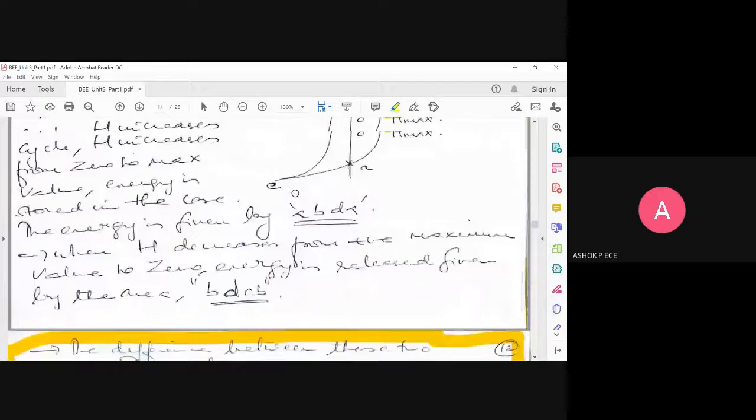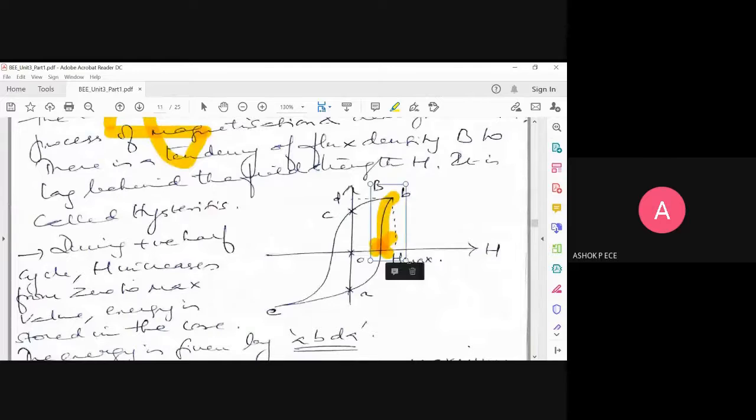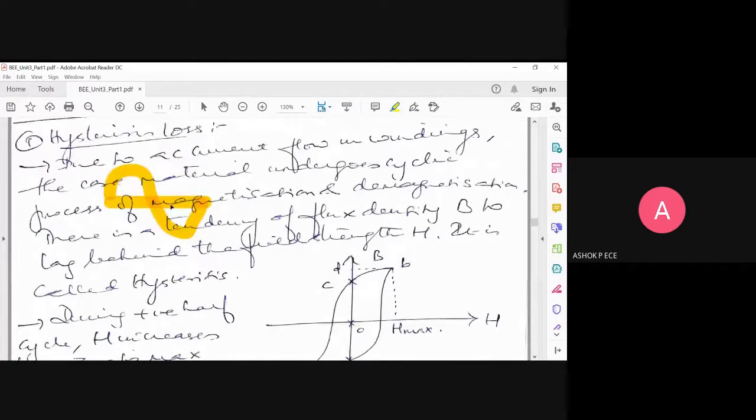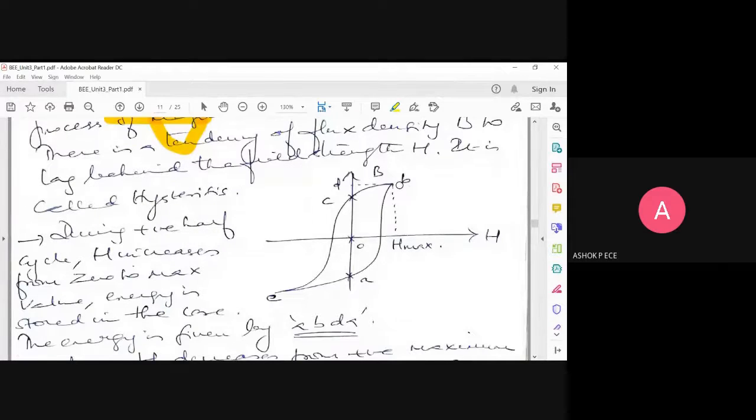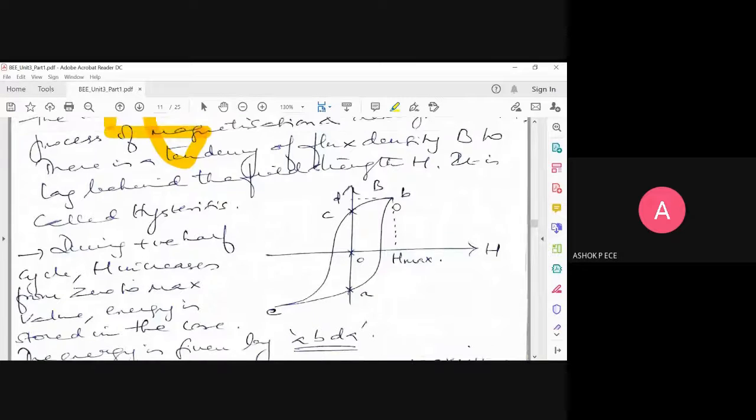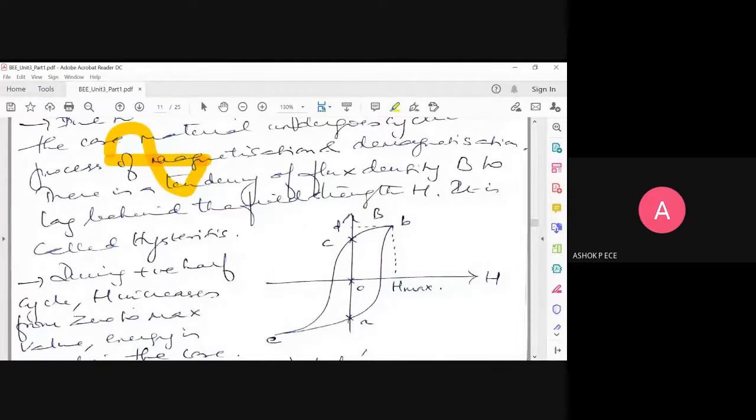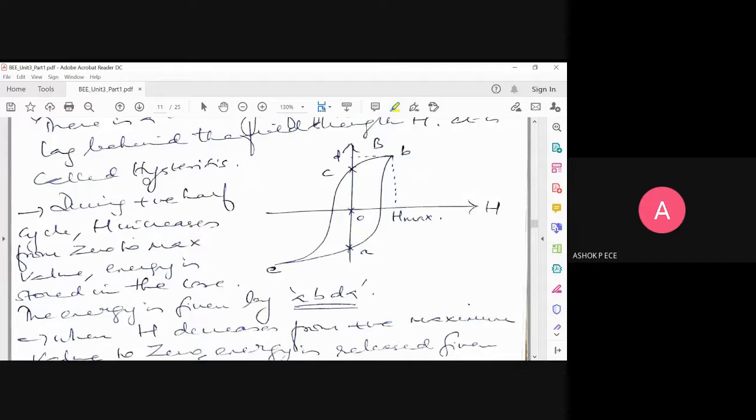So you need not go in depth into what is hysteresis loss and confuse yourself. Just understand one thing. If I apply an AC voltage across the primary, you have magnetic flux appearing in the primary winding, and that magnetic flux is always going to lag behind the electric field. That lagging behind of magnetic flux due to the electric field is quantified as hysteresis loss. That's all. To be very simple, that is going to be the hysteresis loss. Any doubt?